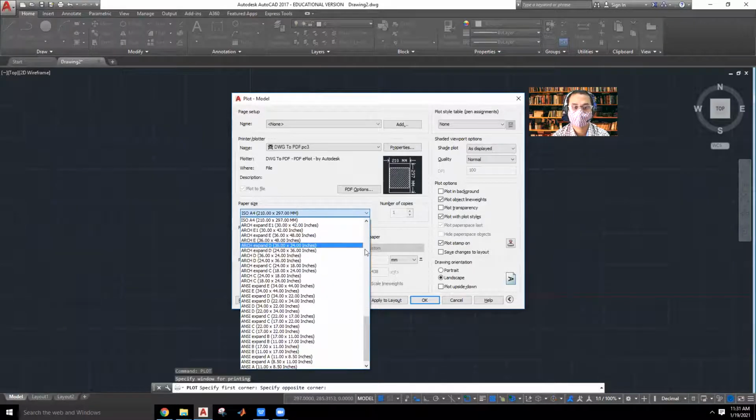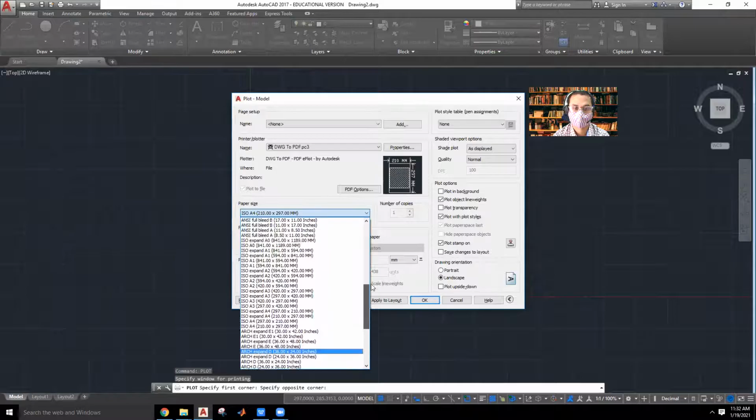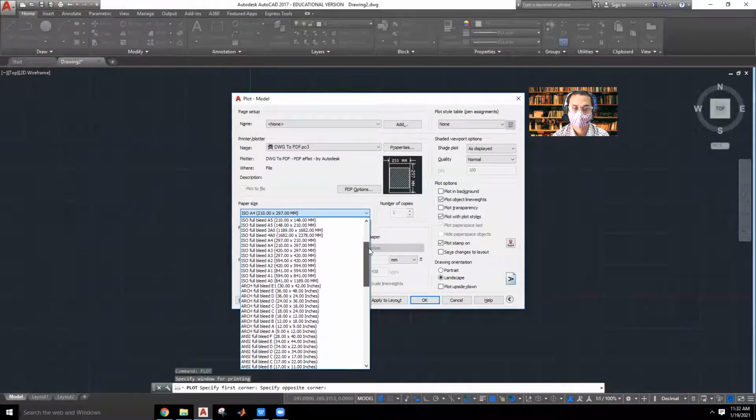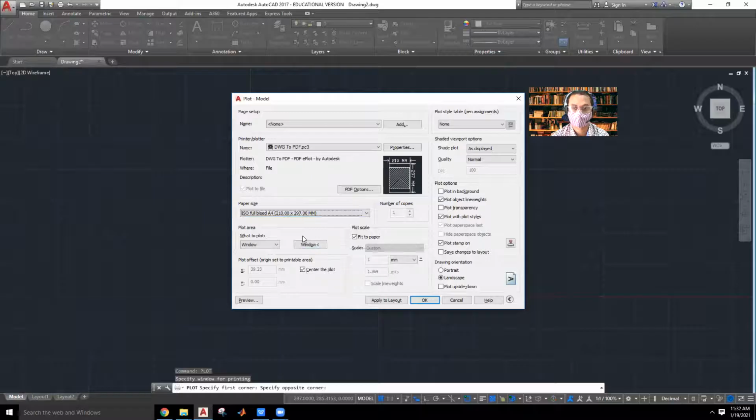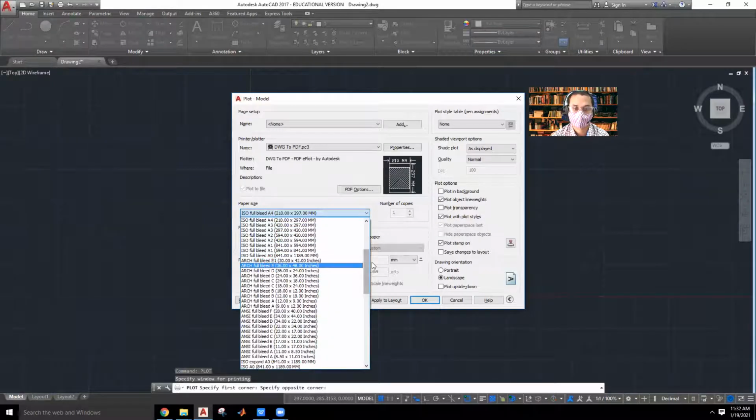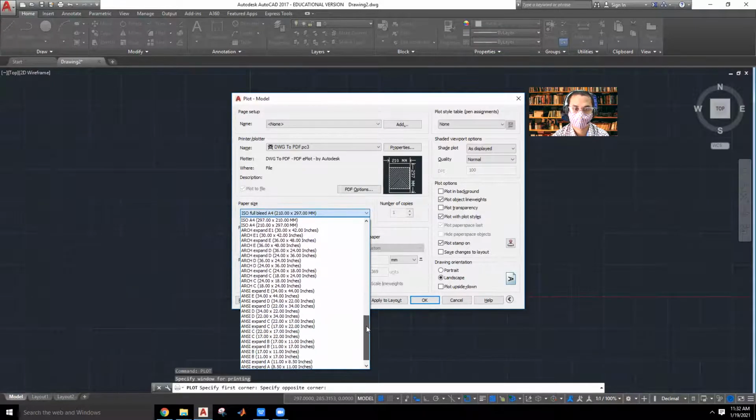So I'll change 297, 210. So A4 dimensions I need to select. Okay, so 210 into 297 landscape, and click on OK. I'll use ISO A4.